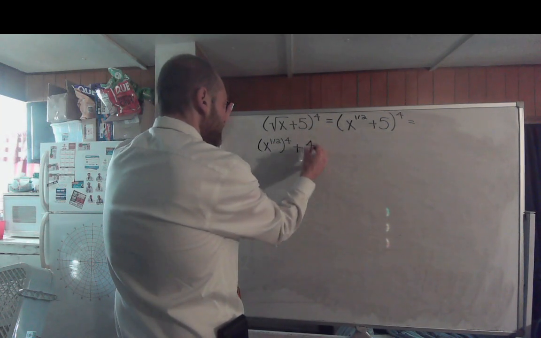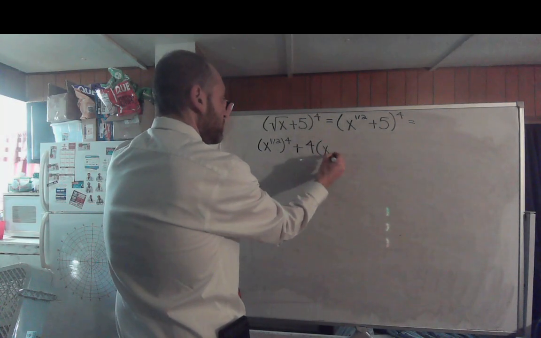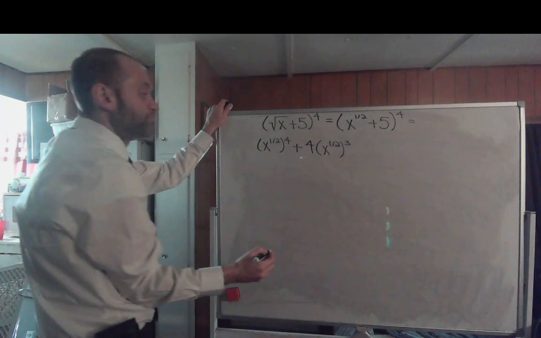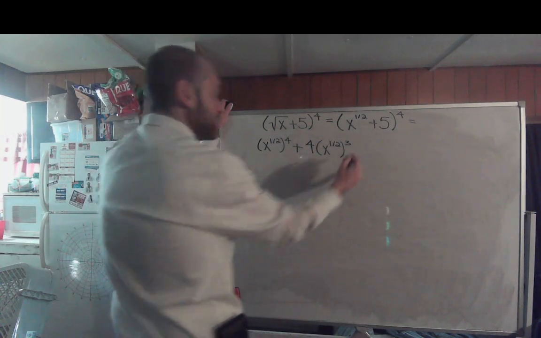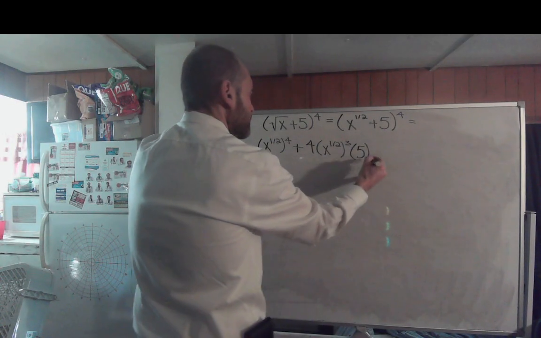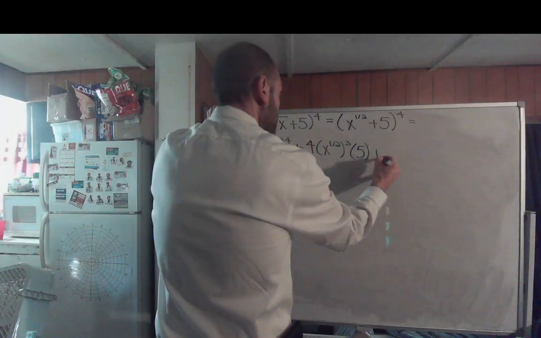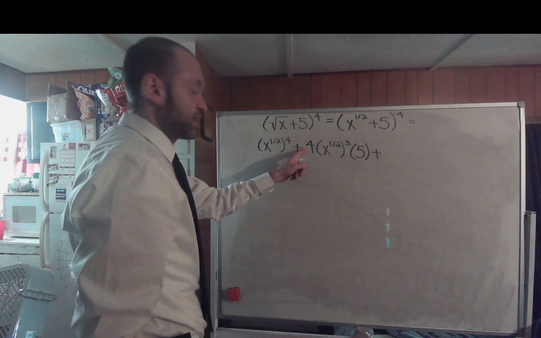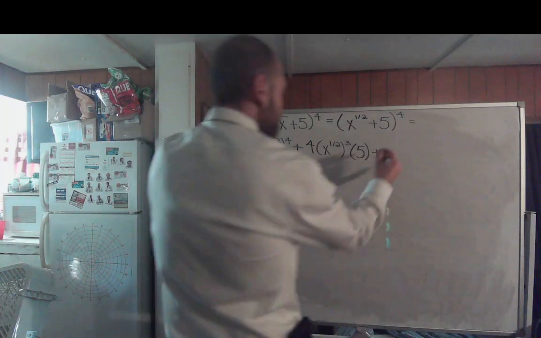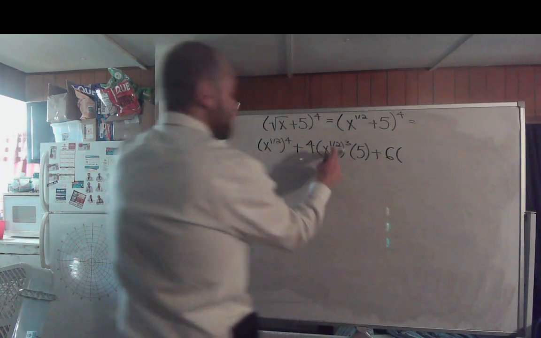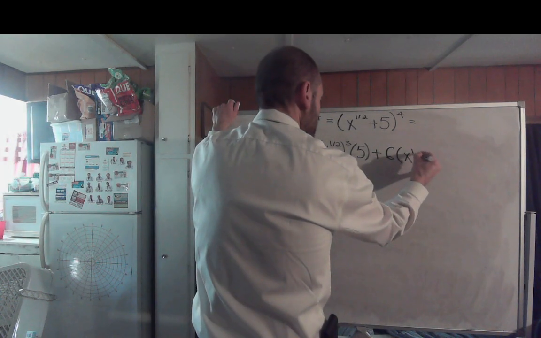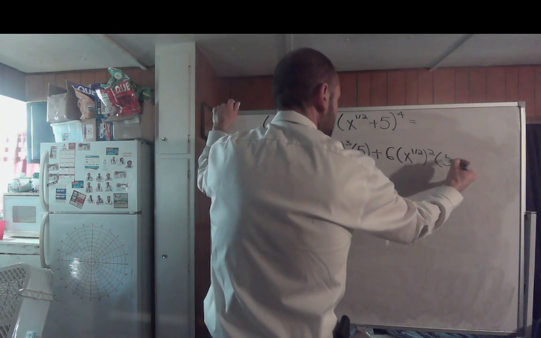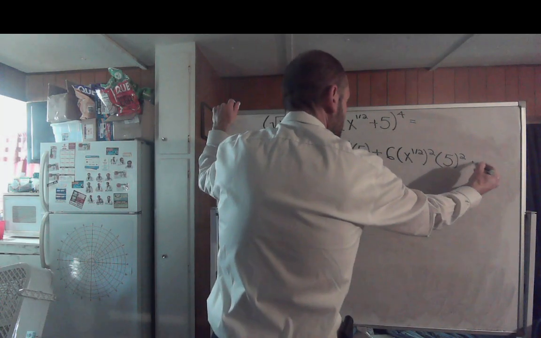So I would have 4 as my next coefficient, times that x to the 1/2, lowered 1 degree, so that'd be to the third power, times my 5 raised 1 degree, so that would just be 5 to the first, plus, now I'm going to take that power of 3, bring it down, multiply it by 4, get 12, divide by the term number of 2, I should have 6, times my x to the 1/2 lowered another degree, so that'd be x to the 1/2 squared, times my 5 raised another degree, that would also be 5 squared,